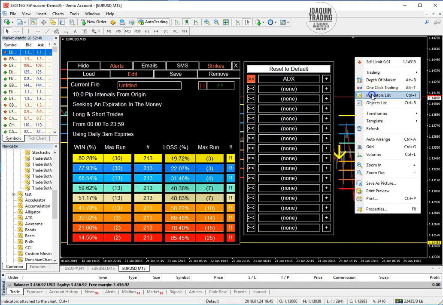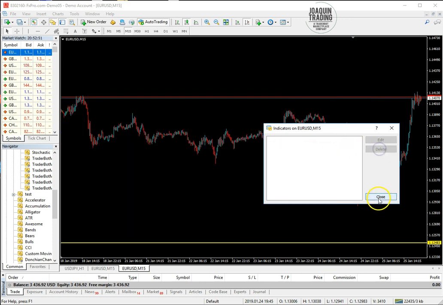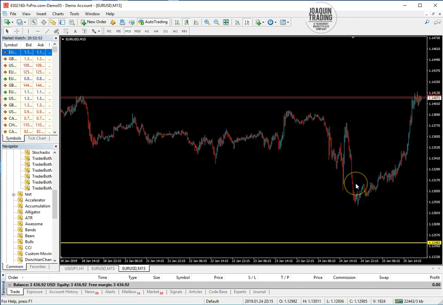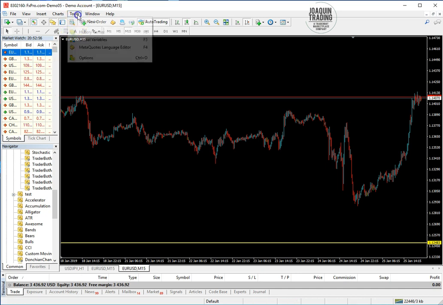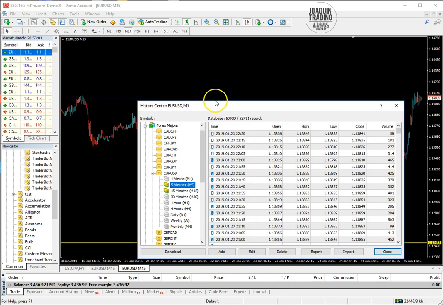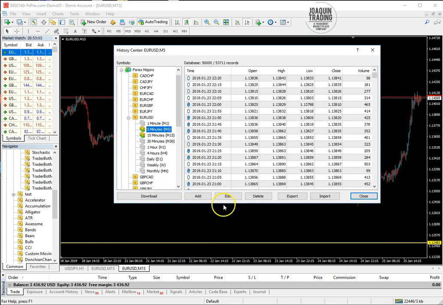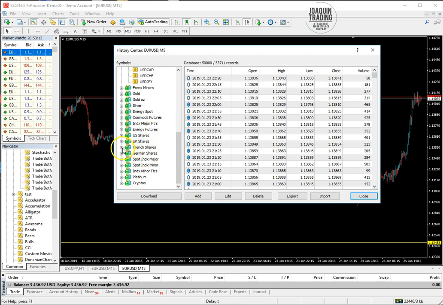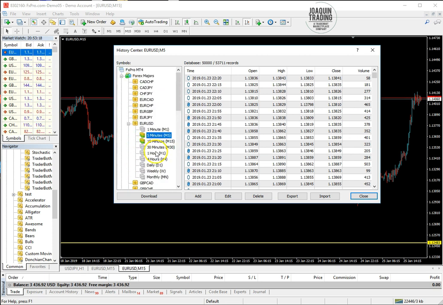So the first thing we do is we get rid of our indicators off of our chart just so that we can see what we're doing. Then we go up to the top here and we click on Tools, then go down to History Center, and this is where we can download a ton of data. Now, Oanda or whatever your platform is may not have everything for everybody. If you're trying to download some type of something down here, it may not have a lot of data. So what we're going to do right now, we are going to pick one that we don't have a lot of data for, such as